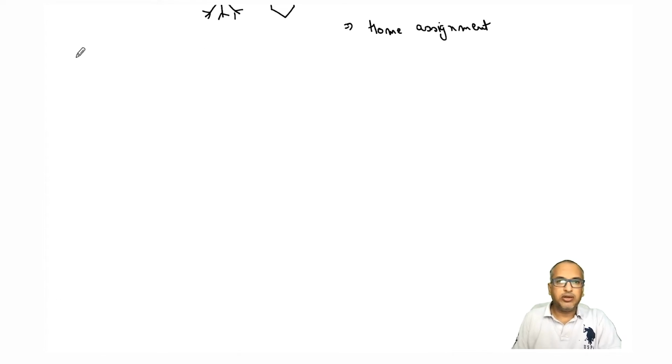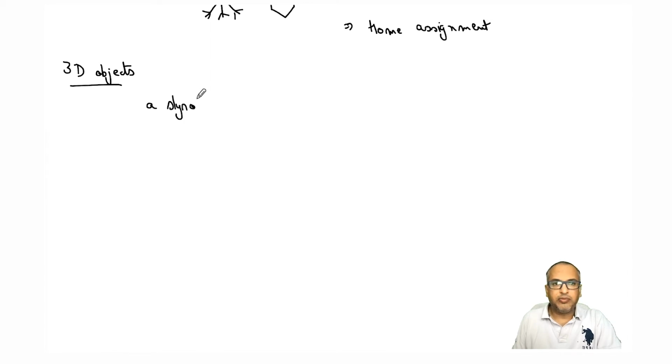Okay, so these were 2D objects. So let us look at some 3D objects. The first example I have here is a styrofoam cup. If it's an offline class, I typically carry these items so that they are visible to all of you. But in an online class, I can only draw, but you should be able to imagine how a styrofoam cup looks.